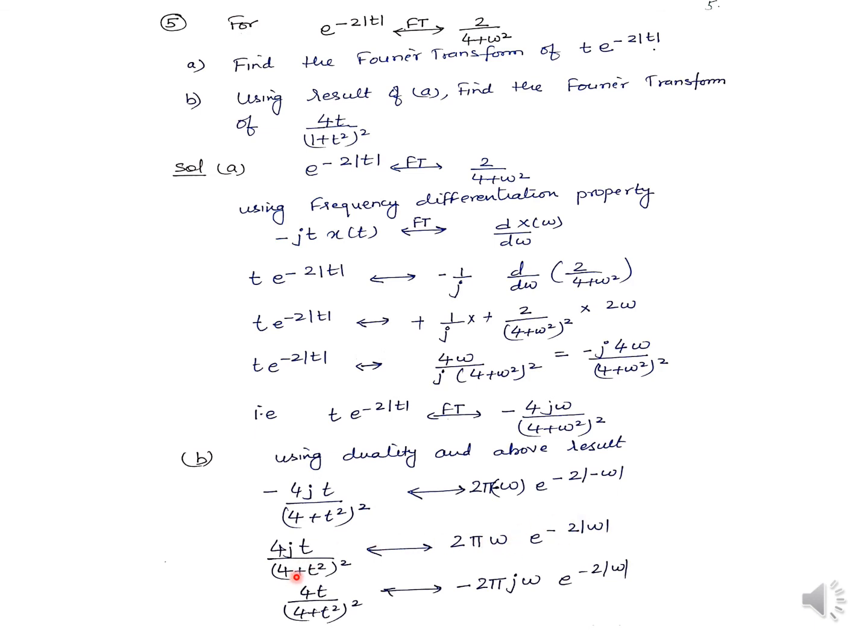So it will be 4jt over 4 plus t square whole square, 2 pi omega, this minus will cancel this minus, and when you simplify, meaning you bring this j here. Why? Because we have to find the value of this one. Then it will be minus 2 pi j omega e raised to the power minus 2 mod of